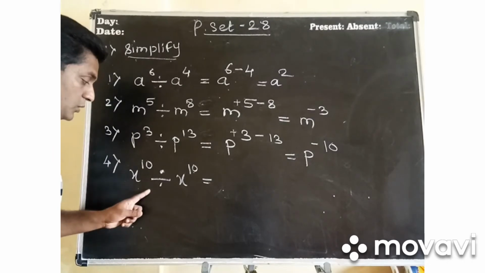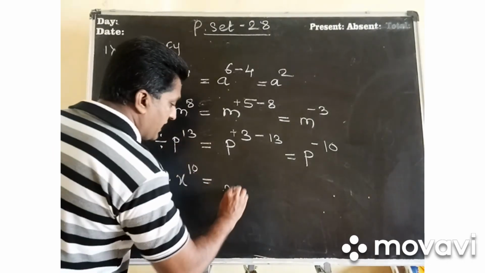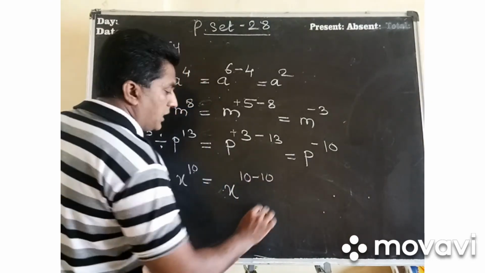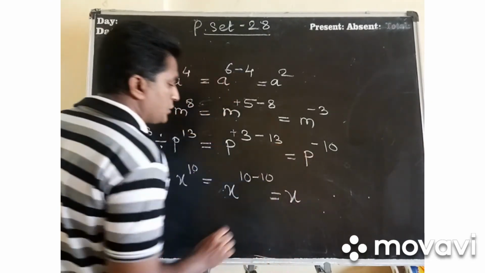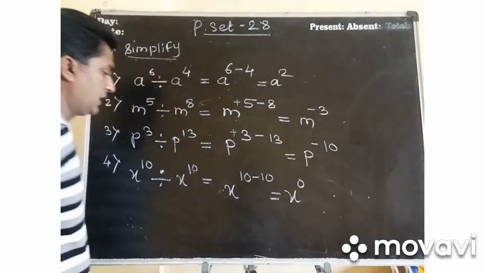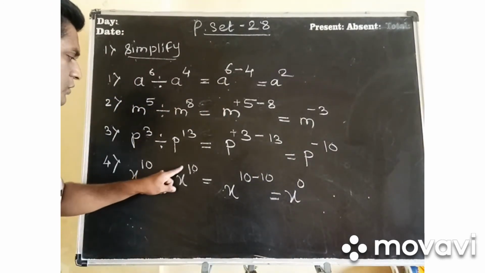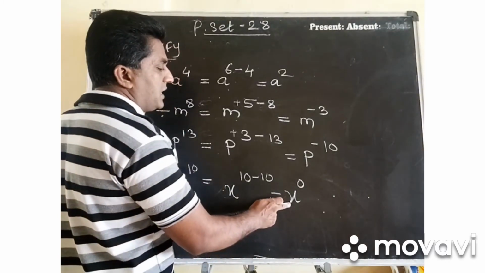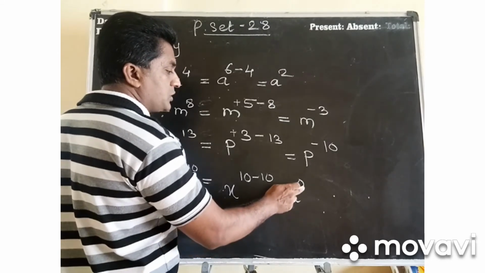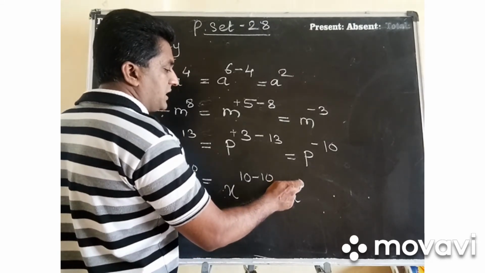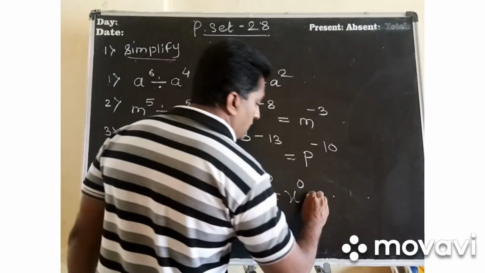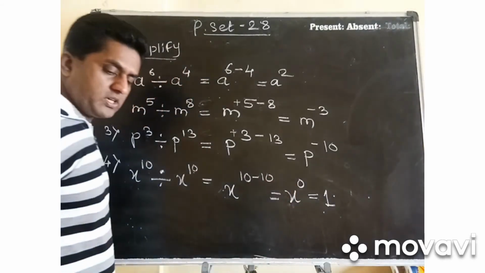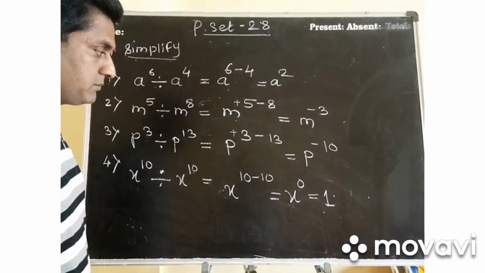Here let us see what is the rule. Same rule. x, 10 and 10. 10 minus 10, so your answer is equal to x raised to 0. 10 minus 10 means what? It will be 0. But remember everybody, the rule of indices says that if any number has 0 above its head, means if the index is 0, then the answer must be 1. This later on you will see. But compulsorily here the answer is going to come 1.